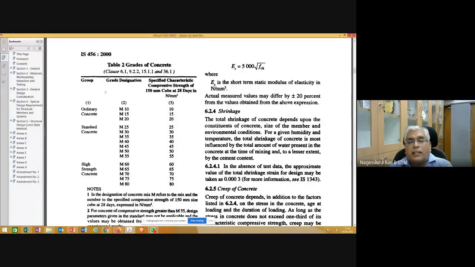You can see here, ordinary concrete, M10, M15, M20. From M10 up to anything less than M20 is classified as ordinary concrete, between 25 and 55 is standard concrete, and high strength concrete is M60 and above, M60 to M80.